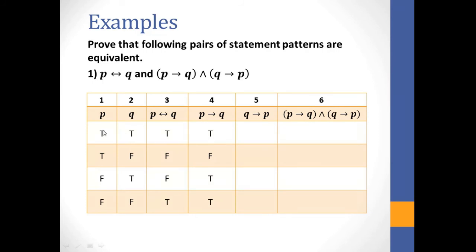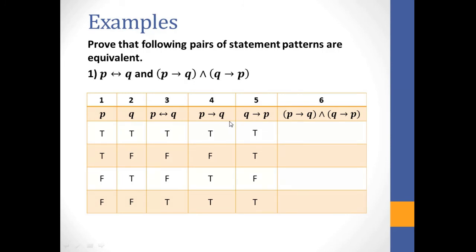Now Q implies P, first one is Q implies P, okay. So we have to write like this: T implies T is T, then F implies T is T, then T implies F is F, and last one F implies F is T, okay. So this is Q implies P, remember, okay. Now last one,